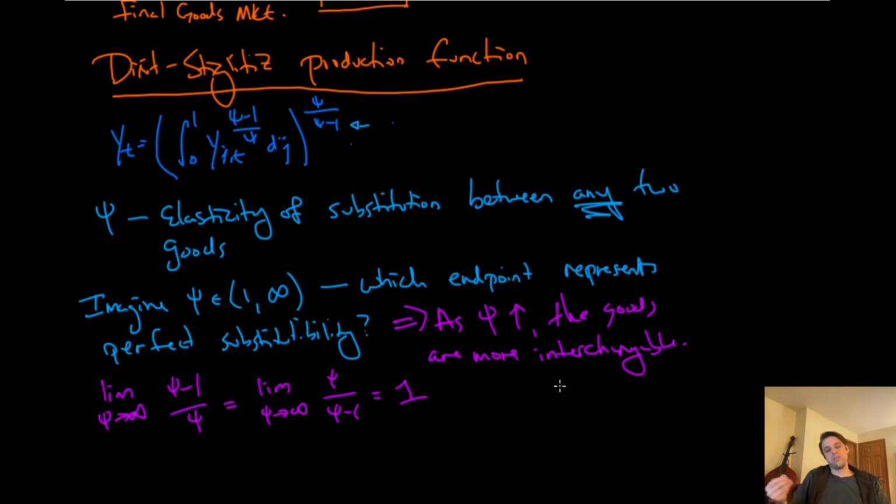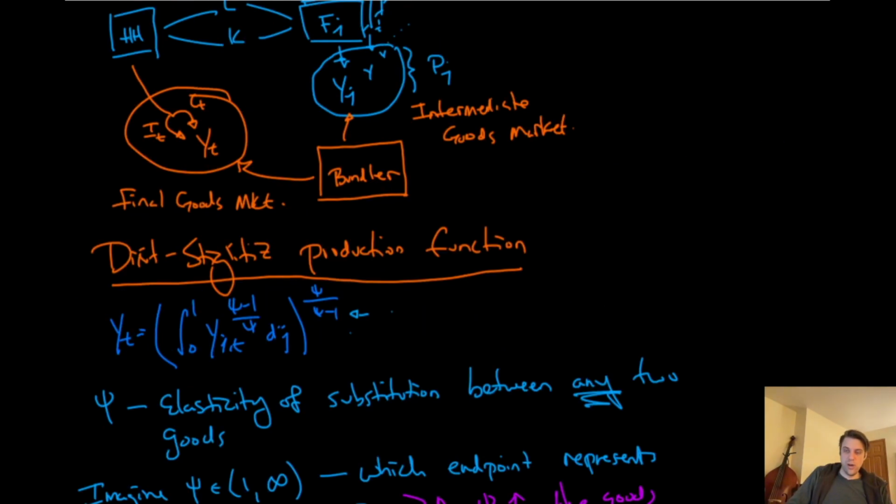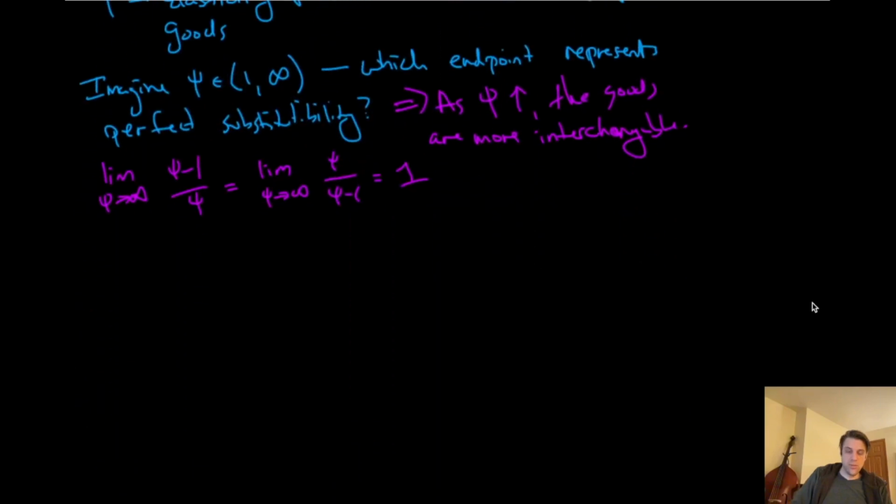So this has consequences if you ever do model calibration or you ever do model fitting. You think about how substitutable should goods be in the economy. Of course, this is all very abstract and like, who knows? Like, what should I set psi to be such that it makes sense that I can substitute between a Lamborghini and a baguette? Like, if I'm really hungry, I can sell my Lambo and then I buy a bunch of baguette. This is all very abstract, but just to know that as psi goes up, the goods are more substitutable. So maybe psi equals 1 or something is a bad choice. We want something a little bit higher.